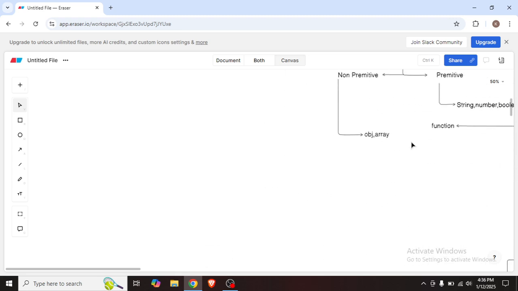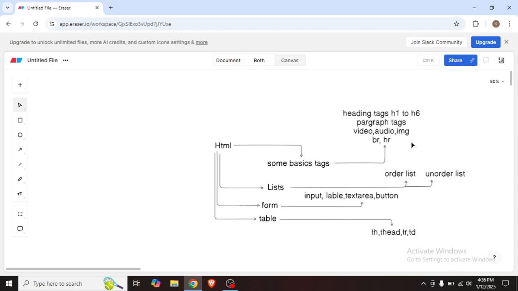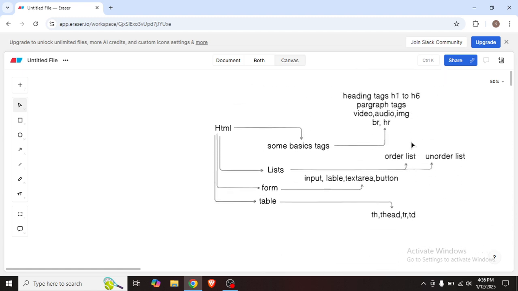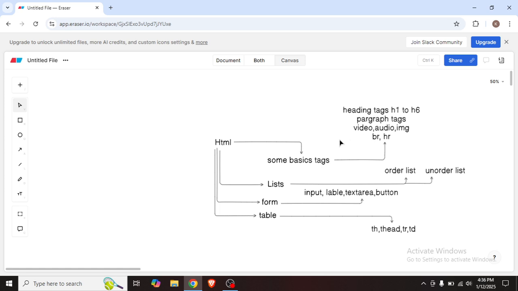First, if you are a very beginner, then you will have to start from HTML. And what should you learn in HTML in 2025? Here you will first have to know why we are using HTML in web development. Then you will have to cover some basic tags like BR tag, HR, video, audio, image